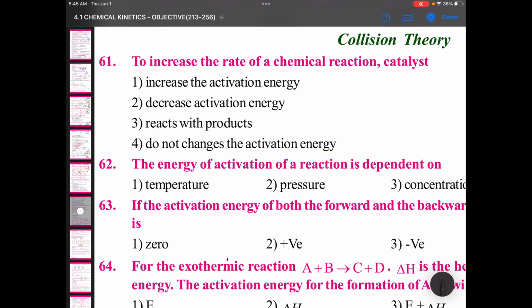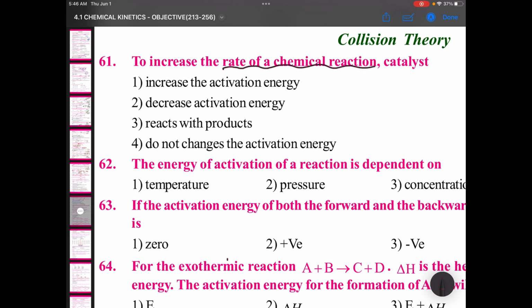Chemical kinetics assignment number 7. If you learn all this, your JEE job will be easy, NEET job will be easy, right? For Advanced purposes we need to work more, but for that also you have to complete all this. Collision theory questions. To increase the rate of a chemical reaction,